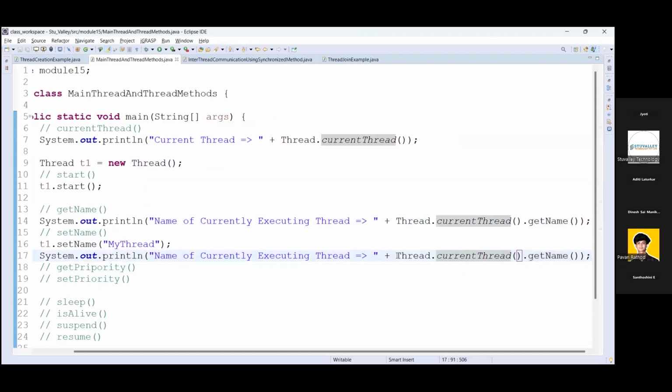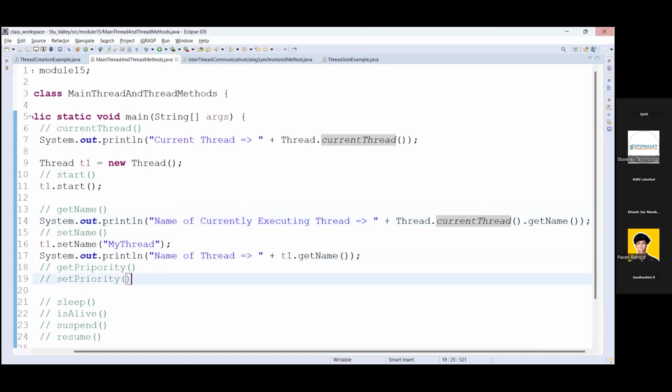Or, directly, since we have set the value on t1, here I am using t1 directly because we just want to retrieve t1's name. So I'm using the t1 reference. It is not the currently executing thread's name. If you want the currently executing thread, then you must use the currentThread method.